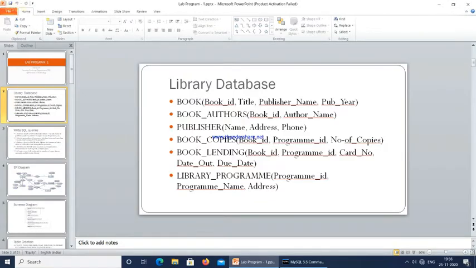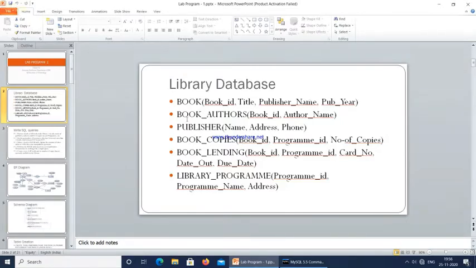So we will look at each of the entities and the attributes that we need to create for this particular program. In the book entity, we are going to create book ID, which is a primary key, then the title of the book, the publisher who is going to publish this particular book, and the publication year. Different publishers will be there for a book, and each year the publishing will be made. If anything needs to be added, it will be added in the new publications, and the old things which are not required may be removed. To keep track of that, we are going to use this publication year.